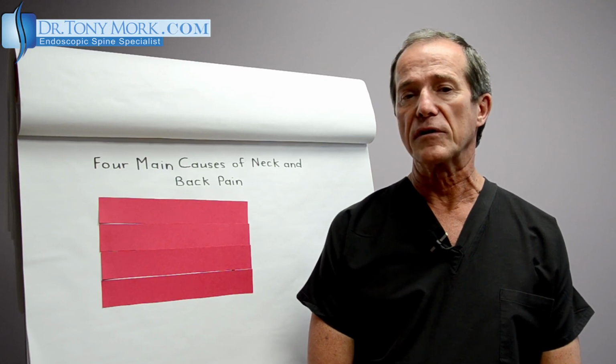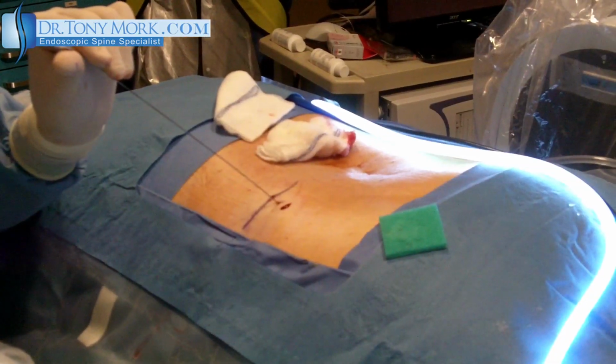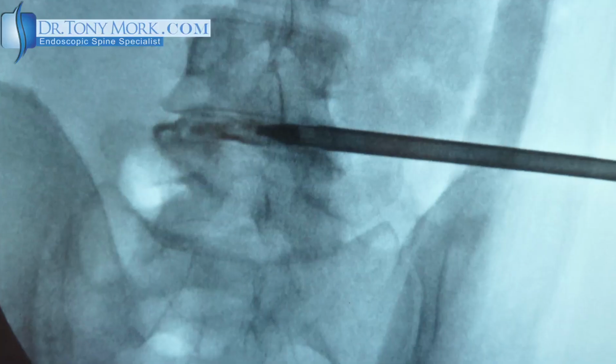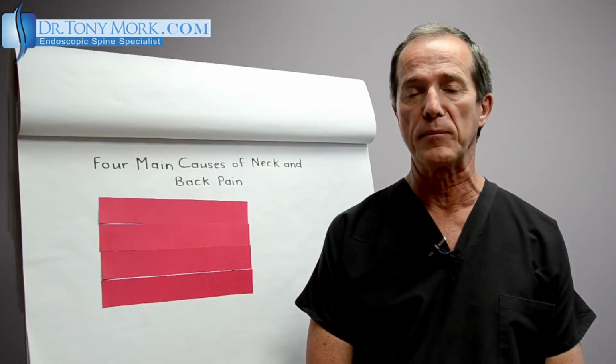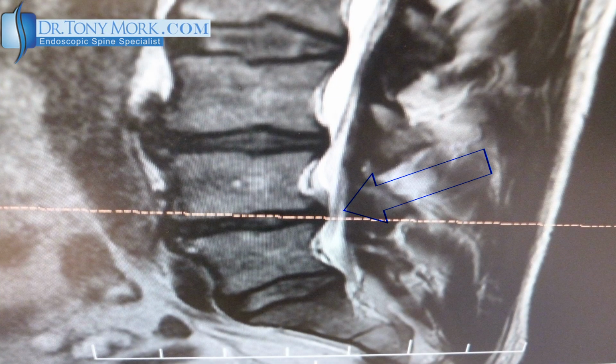On a larger view, I think the confusing thing about the whole business, since you've got to work through a very small incision, is trying to pick and choose. So if a problem is a single level problem, whether it's stenosis or a disc herniation or disc problem, it makes things a lot easier. Things become more difficult when we have a multi-level problem in which we've got to pick and choose where the